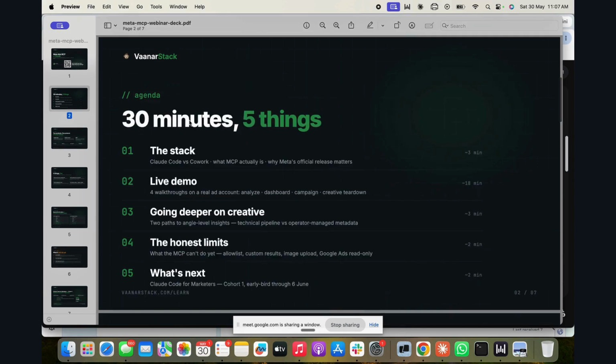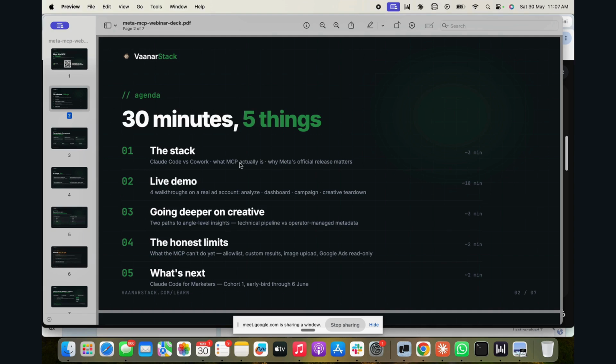The agenda looks like this: the basic stack, live demo, some walkthroughs, going a bit deeper on creative, because that was one common question I was getting across the board, and some of the limits that are there as of today in the MCP. Again, these things are changing very fast, so I'm assuming maybe 15 days or 1 month down the line, those limits will go away as well.